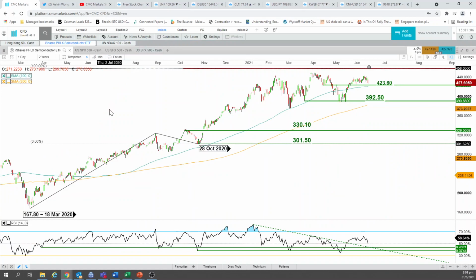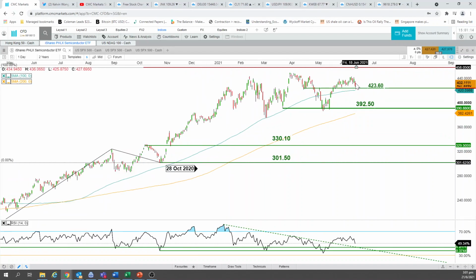One of the US indices I share will be this semiconductor ETF, which is one of the proxies of risk that I like to watch. What we could see here is that the semiconductor ETF last Friday plummeted back again, retesting the 50, 100 day moving average and also the previous swing high area of 6th of May, broken, turns into a pullback support at 44 to 360. Then definitely the key medium term support for this particular week will be at 392.50. We saw the 200-day moving average as well as the bottom of this range that has been in place since end of March. Okay, so it's a 3-month range support.